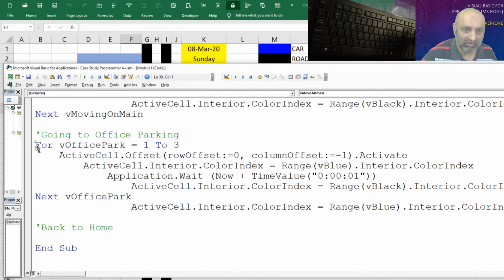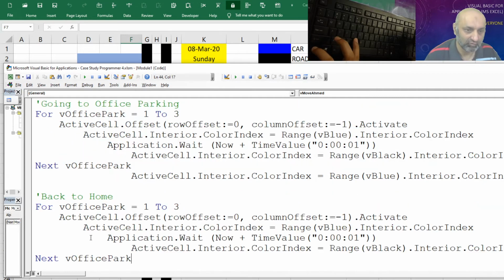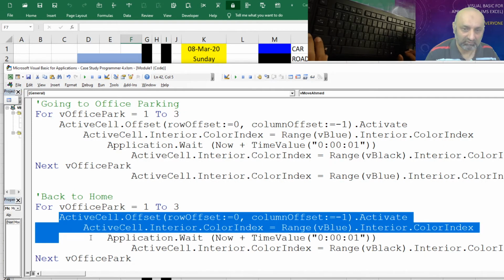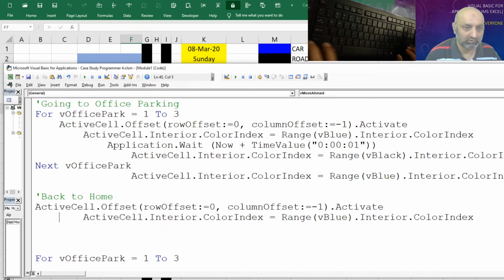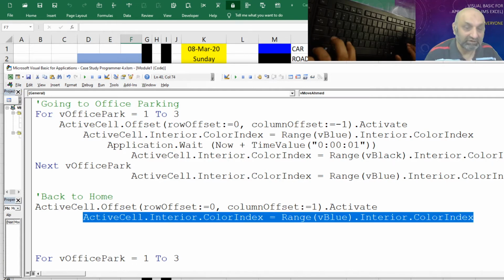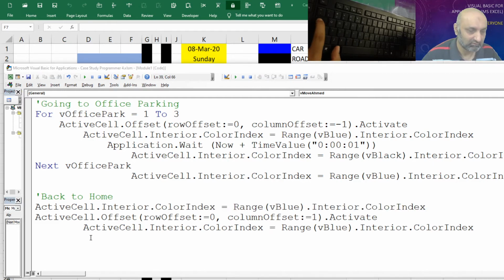So we can have our code from here, Control C, Control V. So first thing is we need to move one step right. Column offset should be 1 so that the cursor moves right, and we will change to blue. But before moving one step right, what we need to do is turn office parking back to green, right?